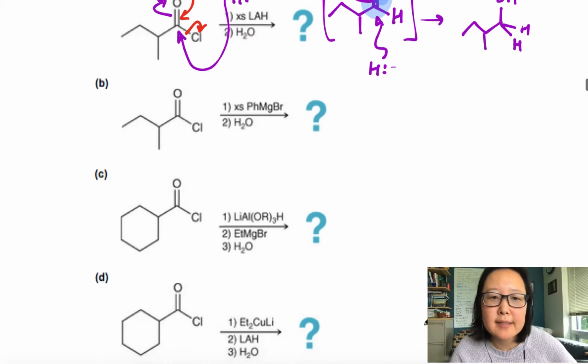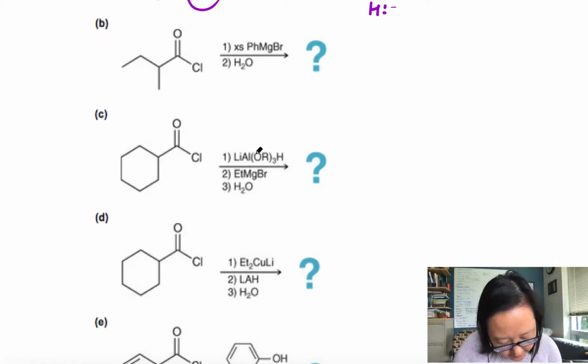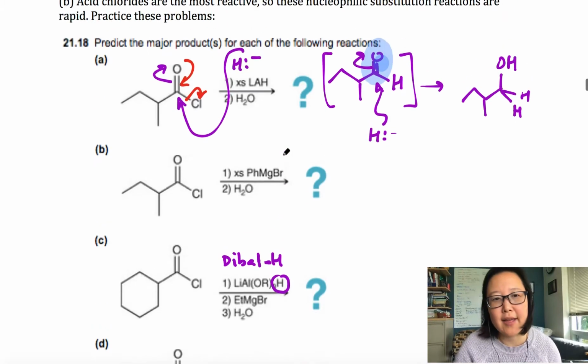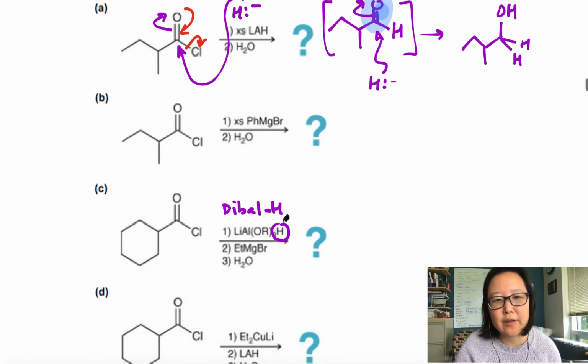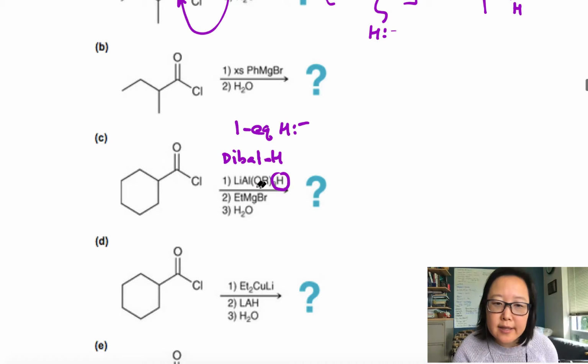There's a couple ones that you might have trouble with. This one in particular, sometimes it's referred to as DIBAL-H, is one kind of reagent like this. Basically, it's like lithium aluminum hydride, but with only one H available. So instead of excess hydride, you only have one equivalent of hydride, one equivalent of H minus. Okay. Another thing is, so that's when you see something like this, and then